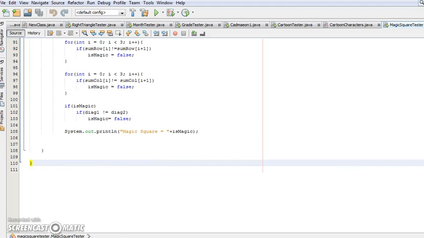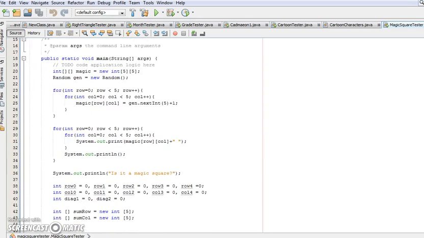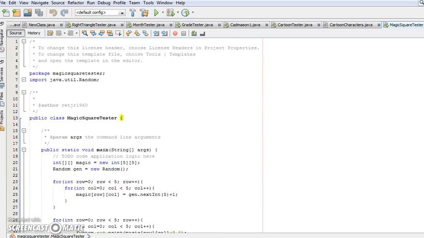I wanted to go a little bit more in detail on Magic Square for those who are having some questions about that. Notice that I'm importing random here. That's because I'm going to populate my array with random numbers. You could hard code your values in there. If you wanted to Google and find an example of a magic square and then put those numbers in, you could do that. The odds that I'm going to get a magic square using random numbers are pretty thin,